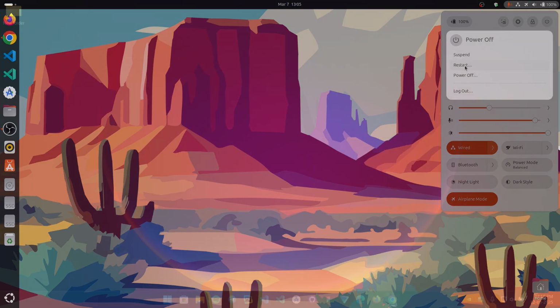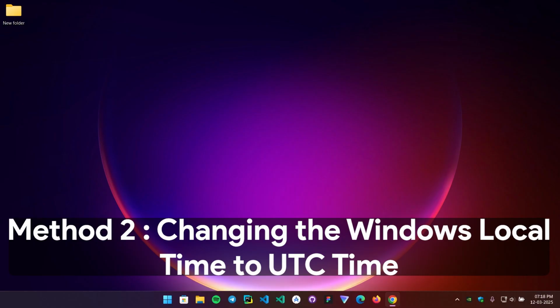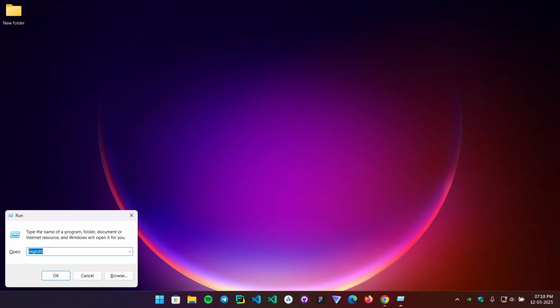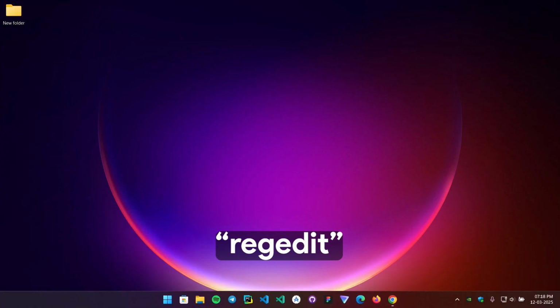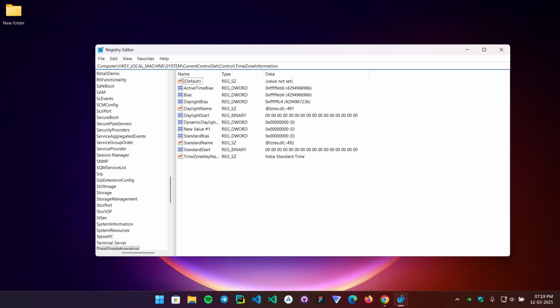Now coming to method 2, we can change the Windows hardware local time to use UTC. For that, open Run by clicking Windows R and type regedit and go to this directory. I will leave it down in the description and create a DWORD value by right clicking on the right pane,